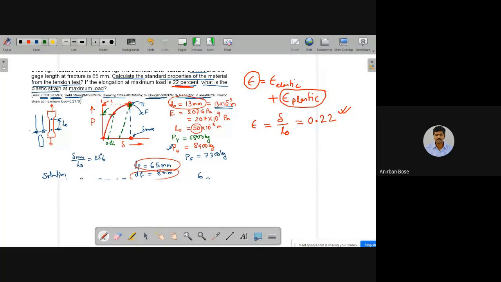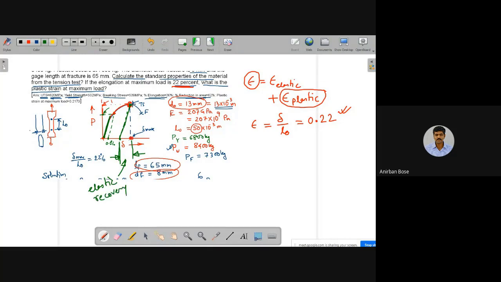This will be the unloading curve. And you see that this particular line will exactly follow the initial straight line. That means within the elastic region, it will follow that straight line. Exactly, this will be parallel. Elastic portion will follow this much. That means this much of deformation is basically the elastic deformation, your elastic recovery.